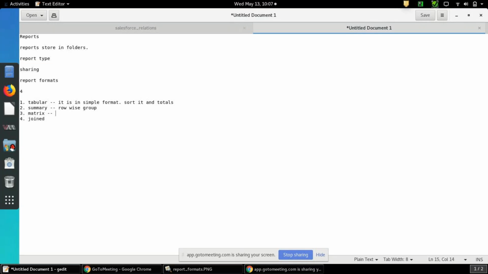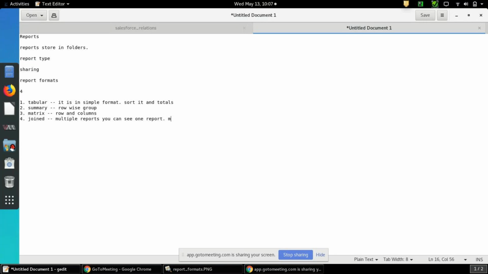So matrix is when you want to group the records based on rows and columns. Joined is when the customer may want to see multiple reports at a time in one window, in one report itself. In that case, you can go for a joined report. Multiple reports you can join and see in one report.